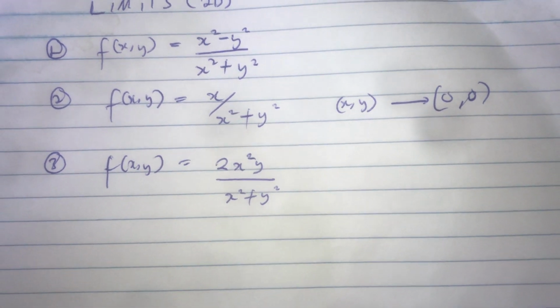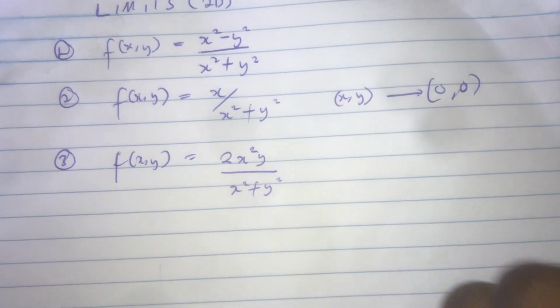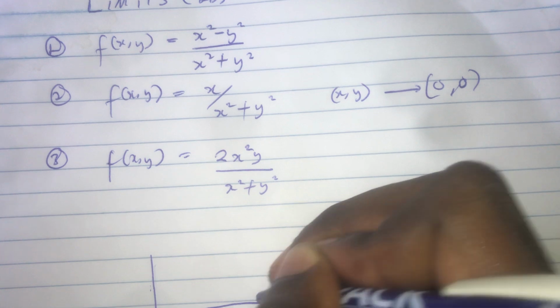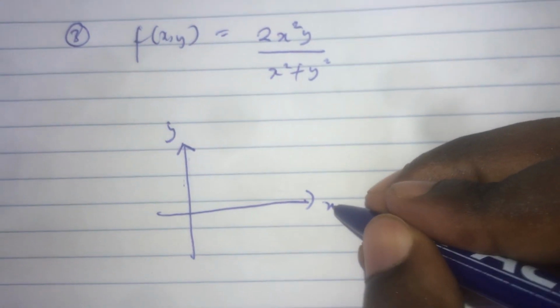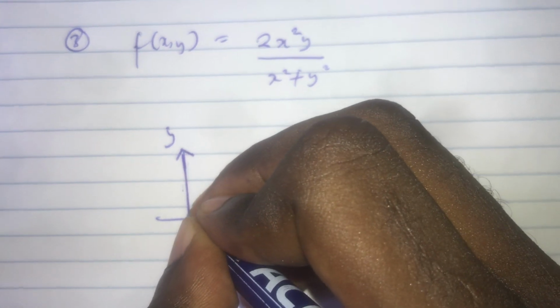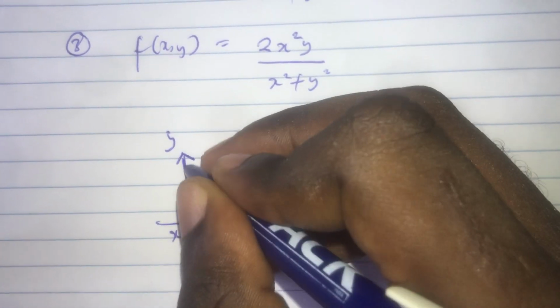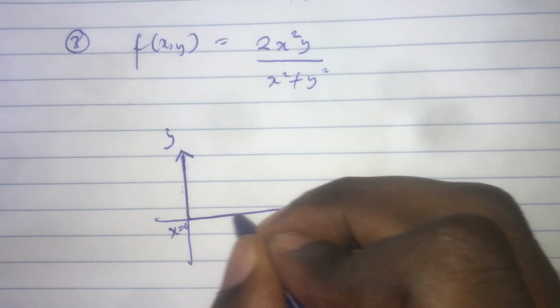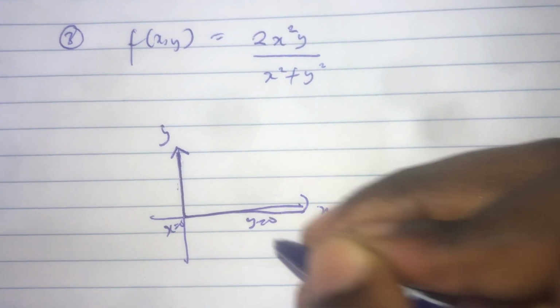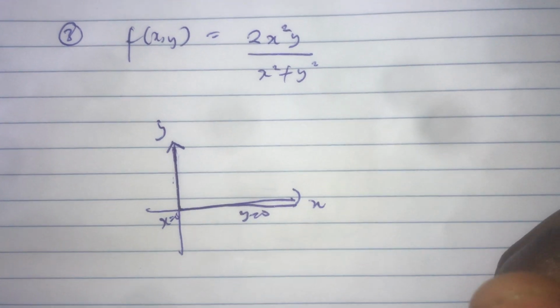So on our y-axis, we have x equal to 0. So this line is x equals 0. And this axis here is y equals 0. So first, we consider